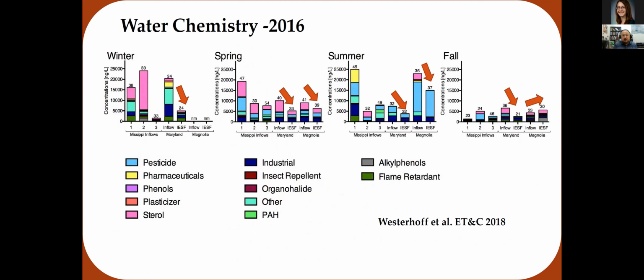I'd like to show the chemical data, but we're still waiting for the chemical analysis data because of COVID. The analysis is very delayed, so we're still waiting. But this one shows a previous paper, where the ion enhanced sand filter showed some effectiveness in decreasing the CECs in a similar research project.